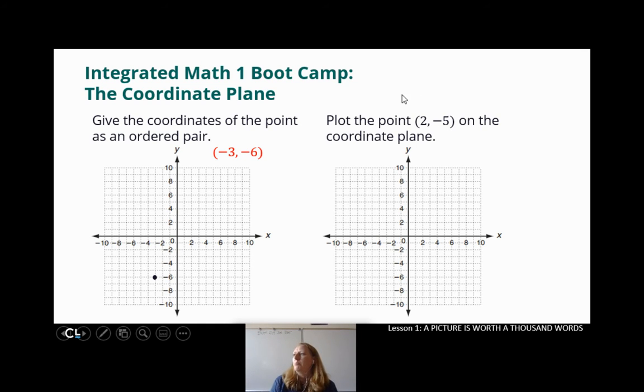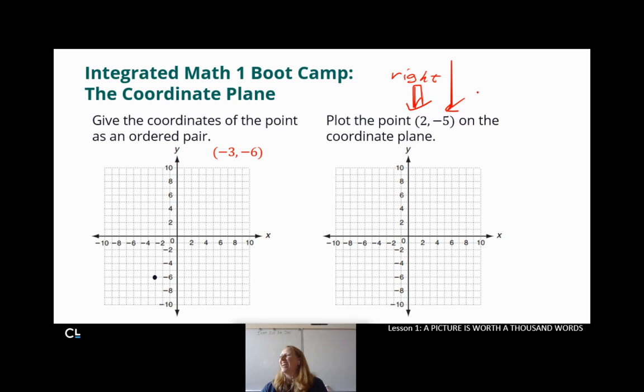For this one, we want to plot the point 2, negative 5 on our coordinate plane. So fine, if this is my origin, 0, I need to go positive 2, then negative 5. And we said, since that's a positive 2, I want my pen. There it is. That means, since that's a positive 2, we're going to go right 2 units. And since that is a negative 5,